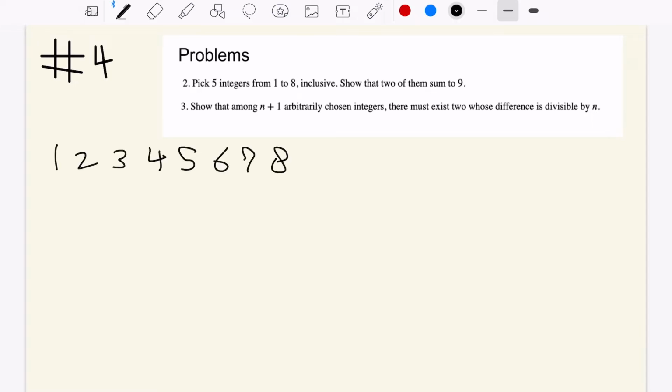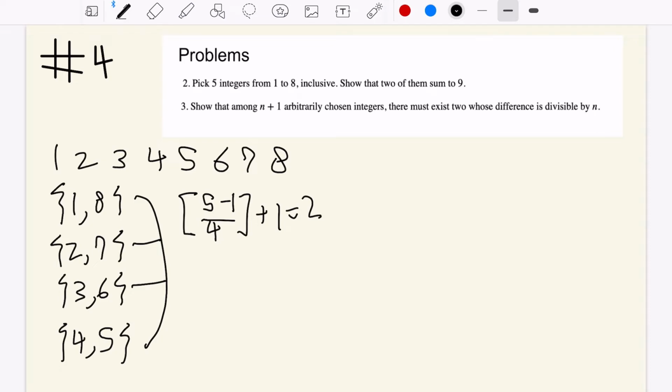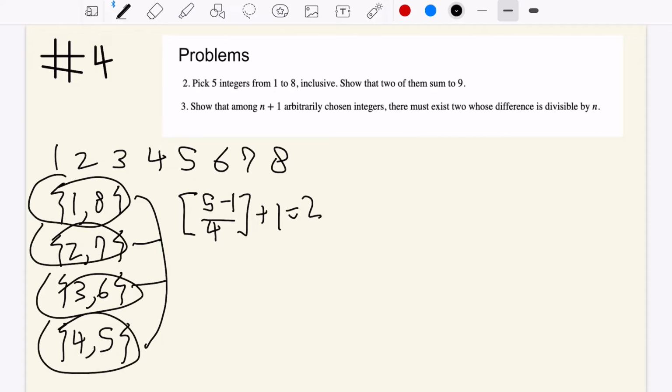If we group these integers so that the 2 integers inside a group sum to 9, there are 4 groups, and the 4 groups are 1 and 8, 2 and 7, 3 and 6, and 4 and 5. So there are 4 groups and 8 numbers. If we pick 5 integers from these 4 groups, then by the pigeonhole theorem, the equation becomes 2. So there is at least 1 of these 4 groups that has both of its integers